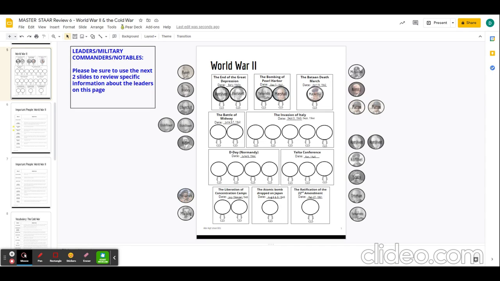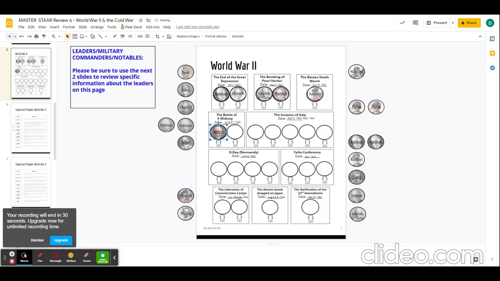All right, the turning point in the Pacific is the Battle of Midway from June 3rd to the 7th of 1942. So the leading American commander is Admiral Chester Nimitz. And then the commander for the Japanese is once again Yamamoto. The Americans were successful there. That was the turning point in the Pacific and turns the tide of the war in our favor there.